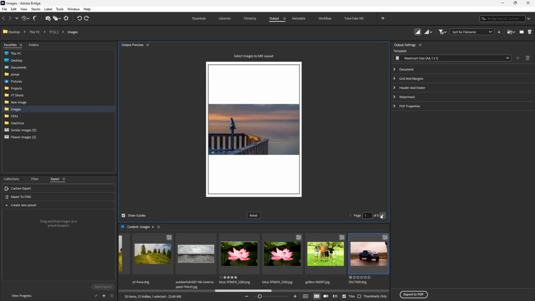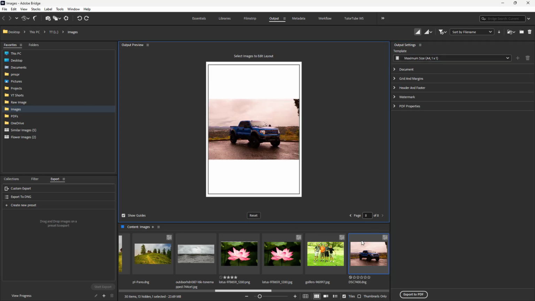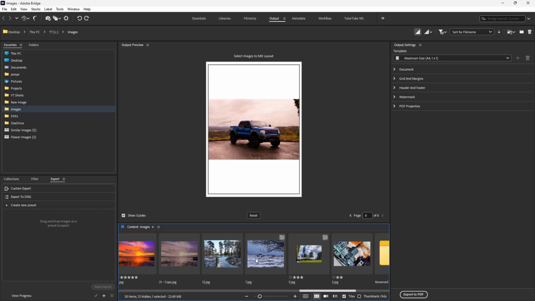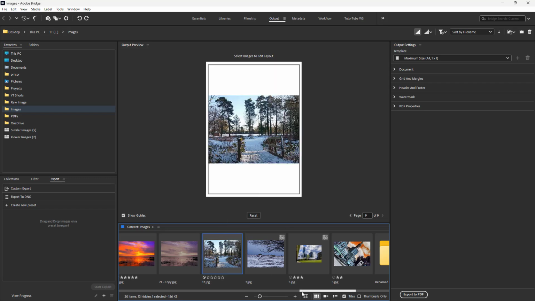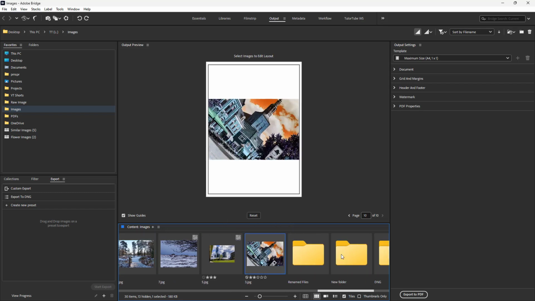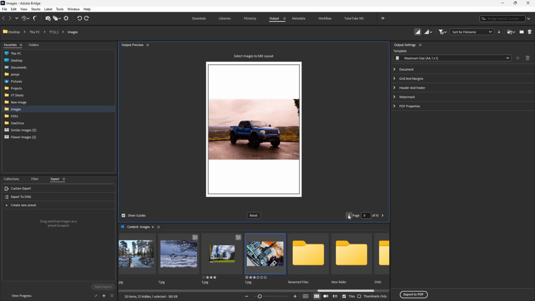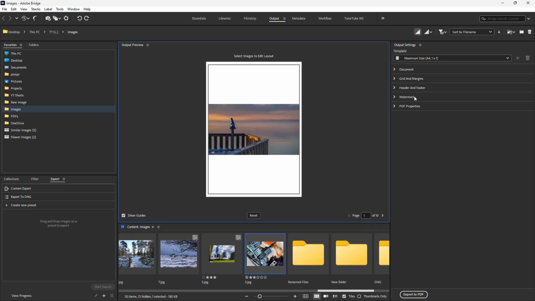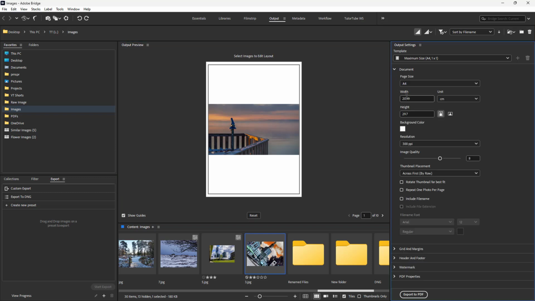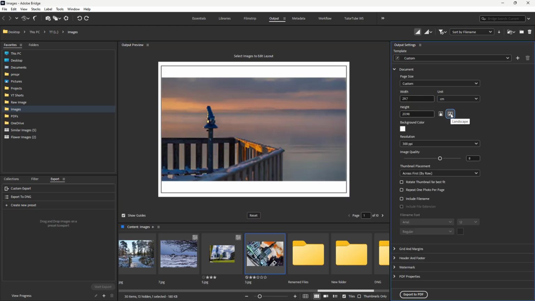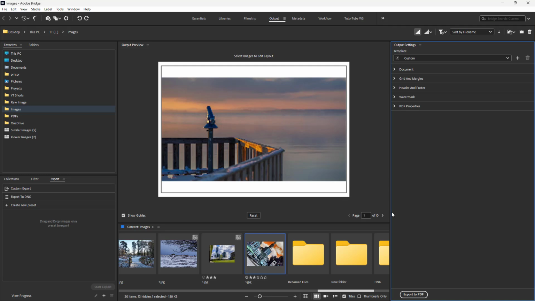Here you can see that I already got 8 pictures. I can add in other pictures over here as I like, or it can be any other PDF files as well. Now I'm going to set this into landscape mode, just like this. You can change the image quality according to how you want as well, and then it'll save out accordingly. Now what I want to do is turn it into a presentation